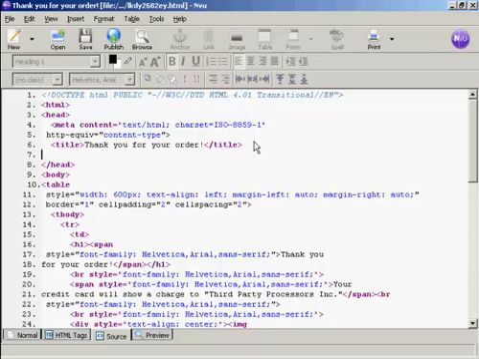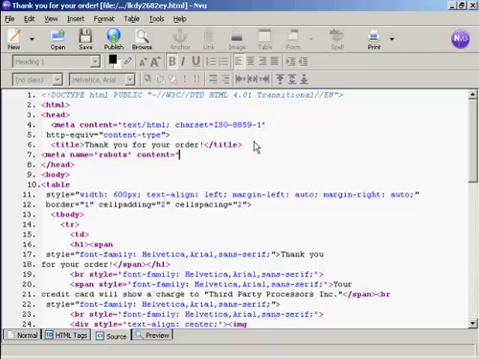So we type here left arrow meta space name equals quotes robots close quote space content